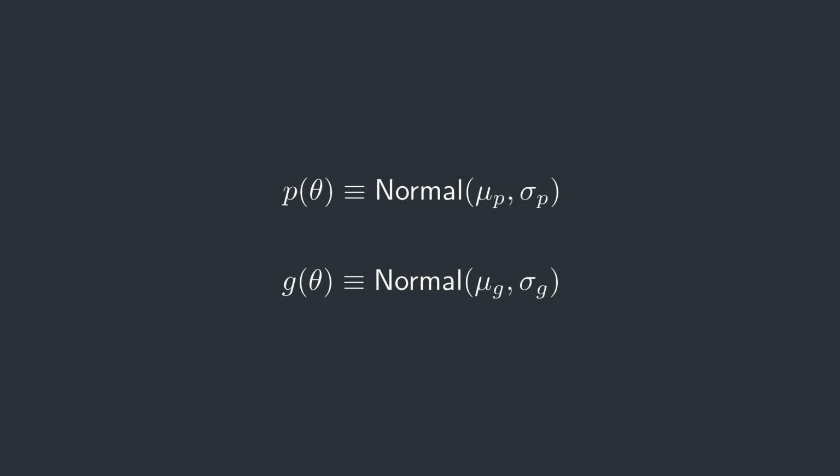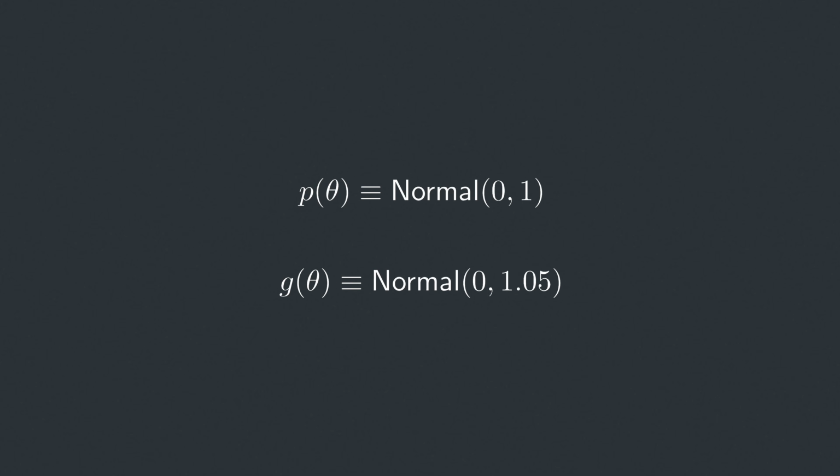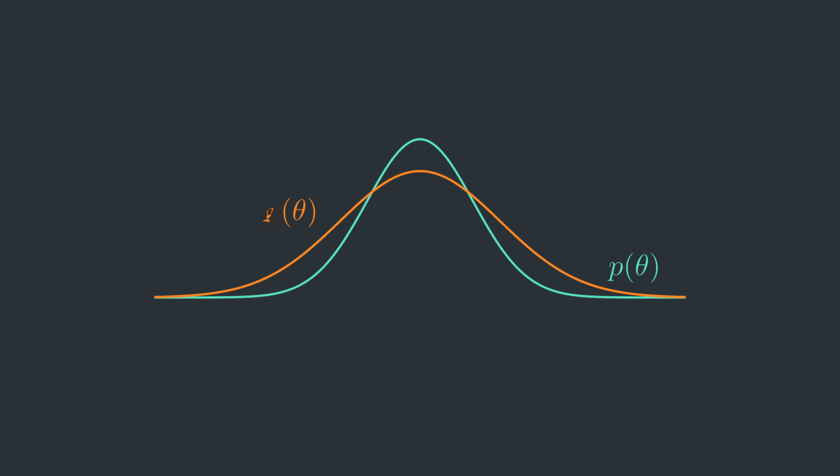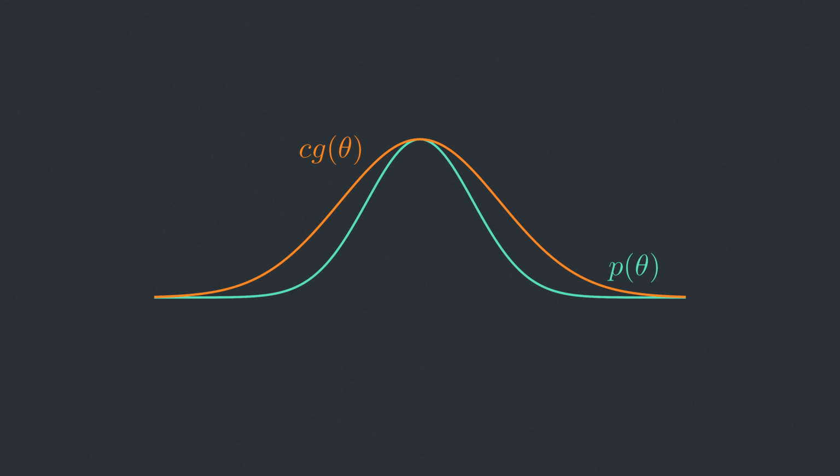Rejection sampling also struggles as the dimension of the parameter space increases. Let's look at how the acceptance rate changes with dimension for a simple scenario with Gaussian target and proposal distributions. Set the target distribution to have a mean of 0 and a standard deviation of 1. Set the mean of the proposal distribution to 0, but give it a standard deviation slightly larger than 1. This creates a flatter distribution, but allows us to find a constant to multiply it by so that it bounds